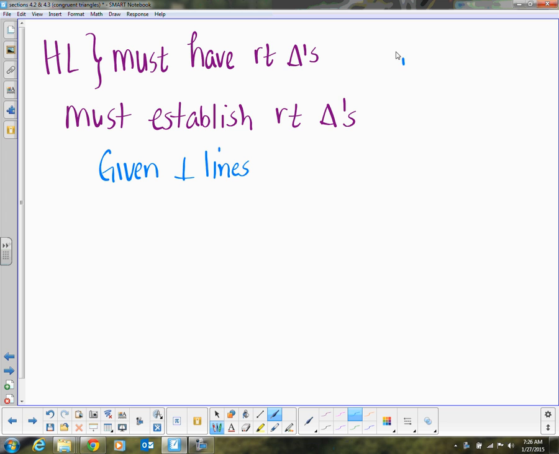question number 1. Question number 1 told you that BD is perpendicular to AC. Whenever you're given perpendicular, what are you going to look for? What does perpendicular mean? Becky? They form 90-degree angles. So we're going to look for,